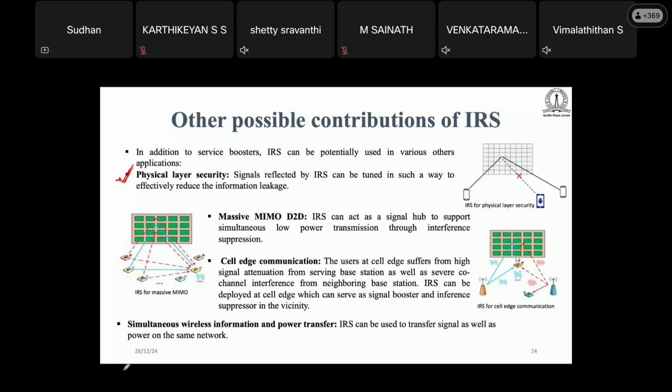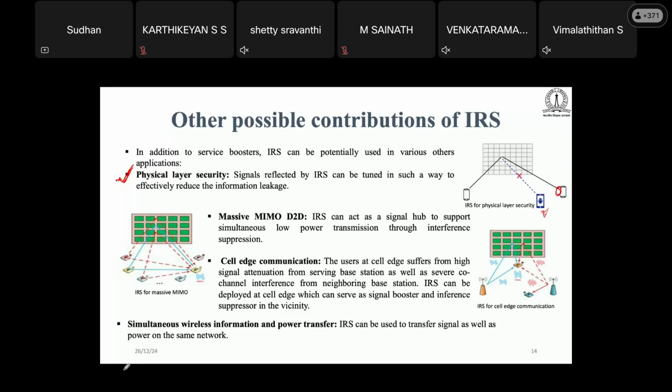This is an eavesdropper, and we are giving the phase and amplitude in such a way that all the beamforming will be to these users. So these users will not get signal at all. If an eavesdropper does not get any signal in the air, then forget about applying some kind of decryption and accessing the signal. So we are creating a bottleneck in the air itself.